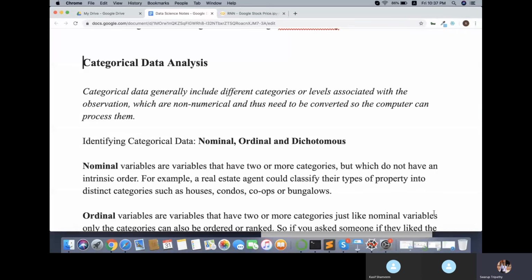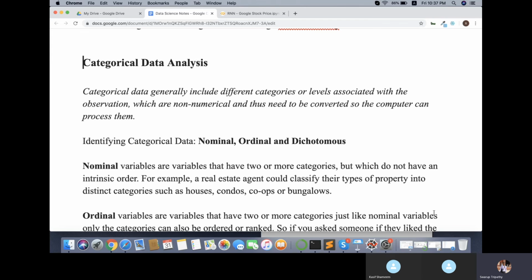There are different strategies. You might see somebody on the internet doing it in some way, and it might not be the right way. So you have to understand how to actually convert your values to numbers. That we are going to see going ahead. Now first, to know the different types of category: when your data is categorical, it might be of different types.